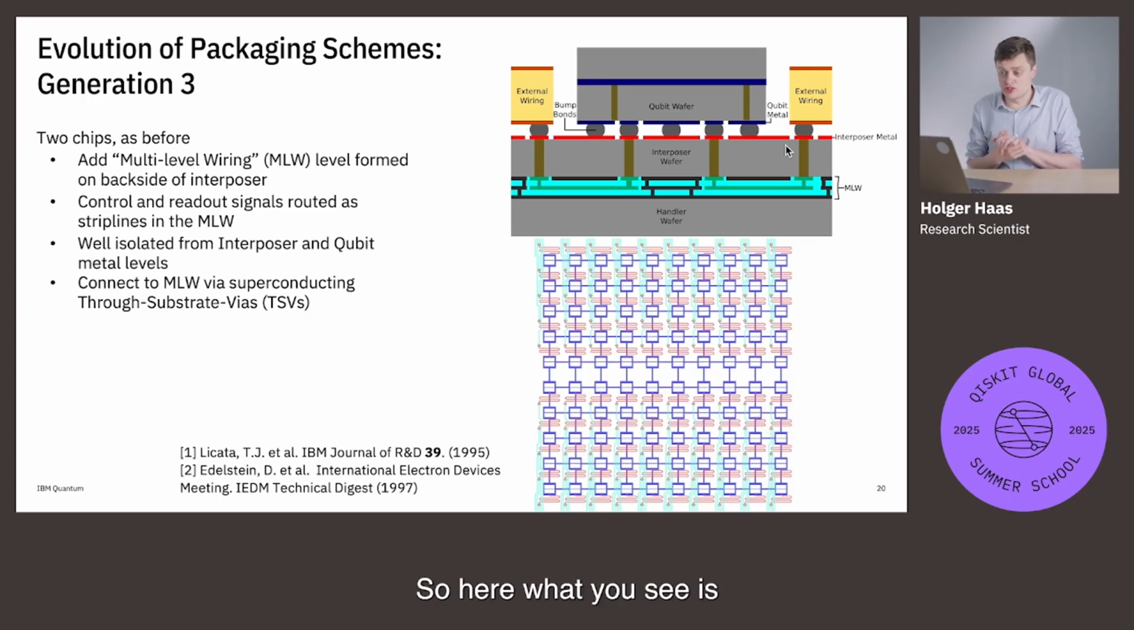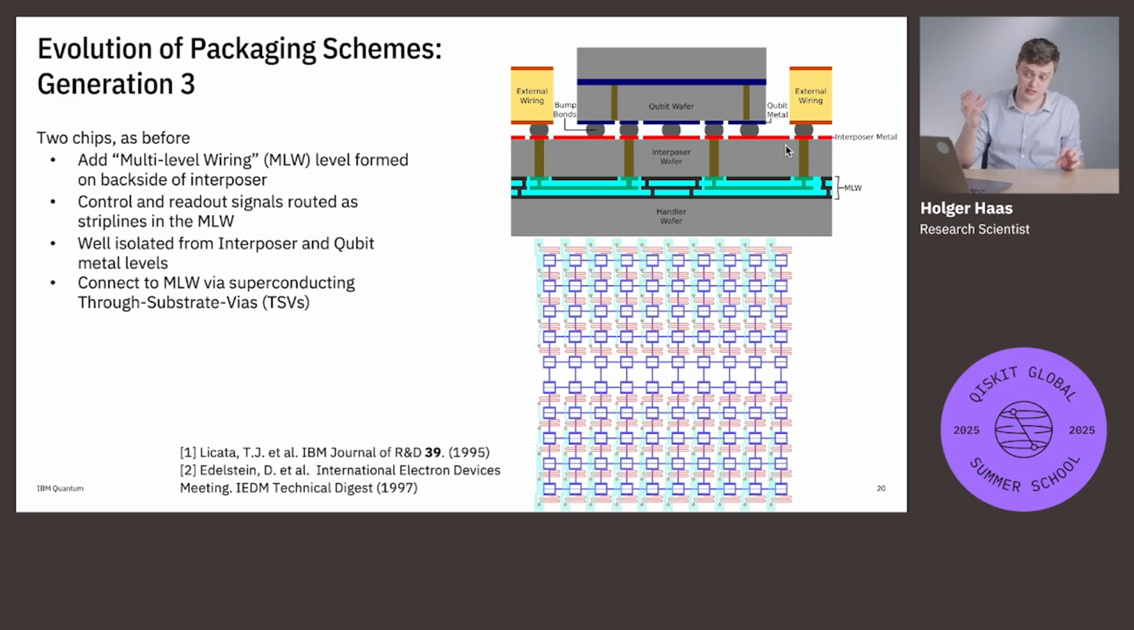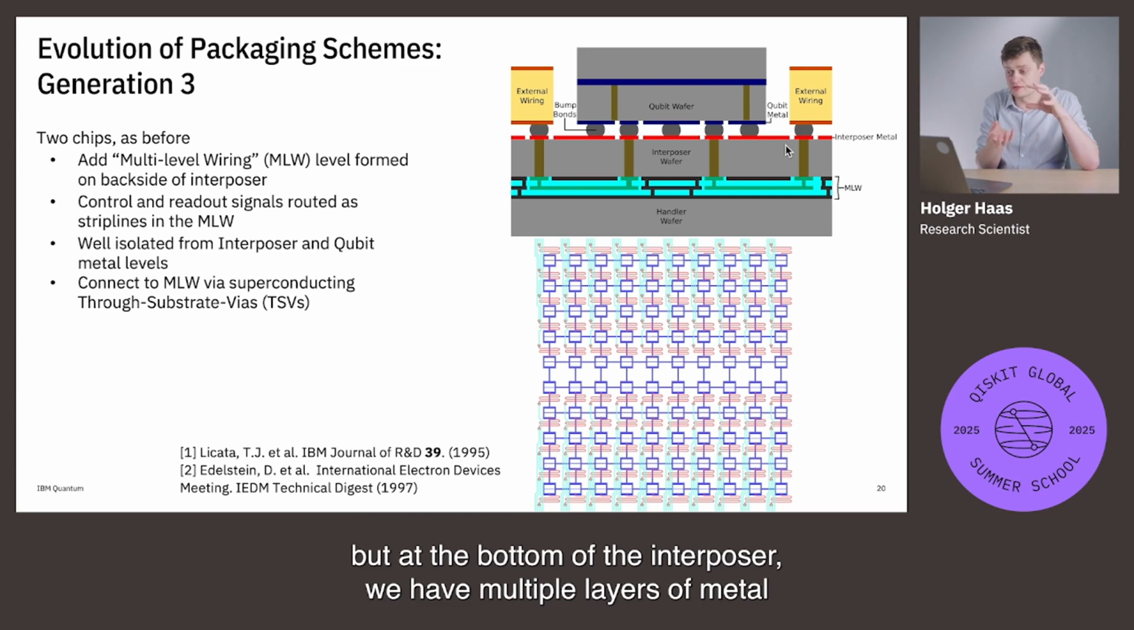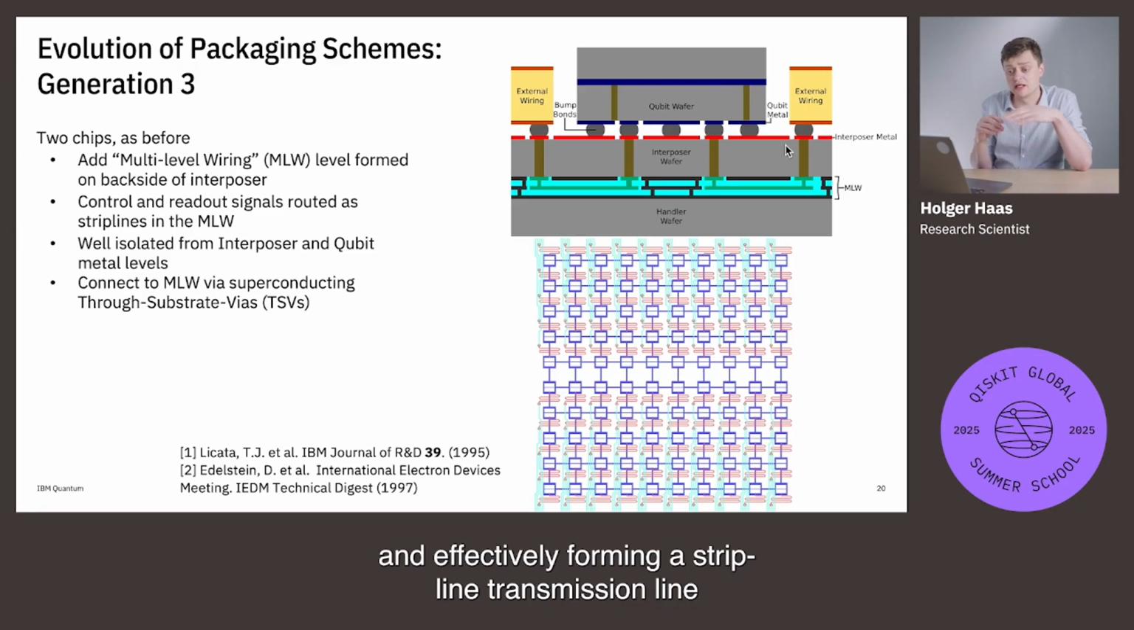So here what you see is multi-level wiring technology. What we've done is we've still kept two different chips, still the qubit chip, where we fabricate our qubits. We still have the interposer, but at the bottom of the interposer, we have multiple layers of metal and dielectric that are insulating metal layers from one another and effectively